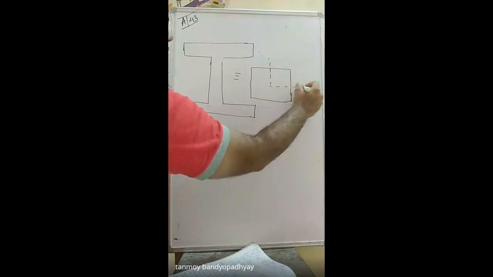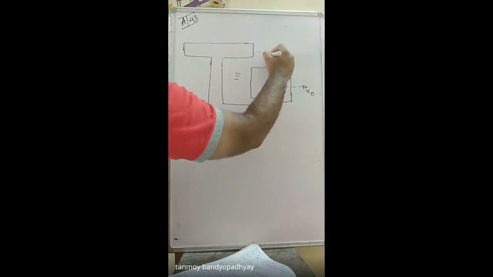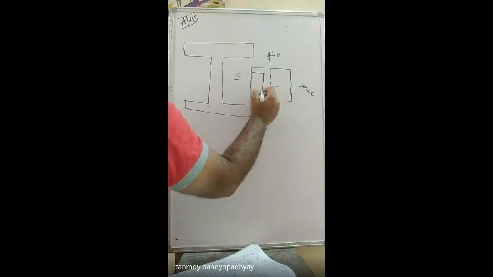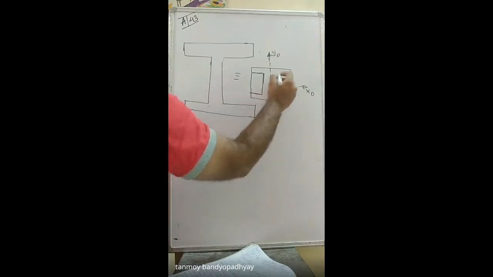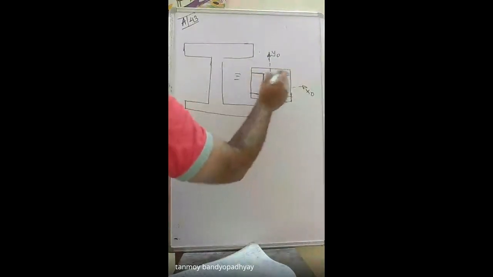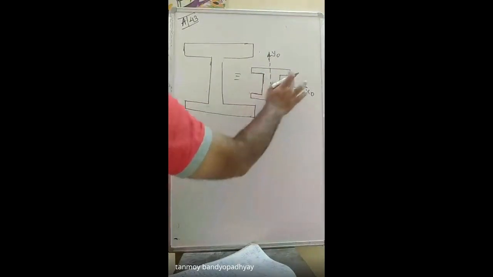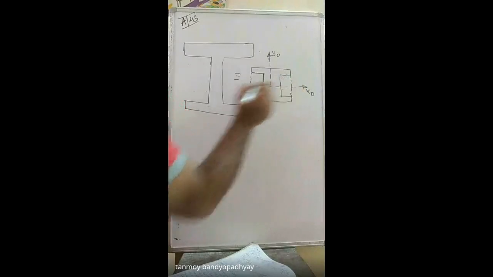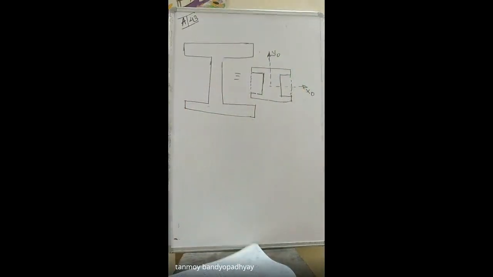So we know how to calculate it for a rectangle. And then I hope you can understand that two rectangles on this side go out. So this is one rectangle and this is another rectangle. If I subtract these two, I'll be getting the I section. Okay? So this is just a different approach for solving this problem. I drew it a bit small, okay? I said this just to explain it, understood?